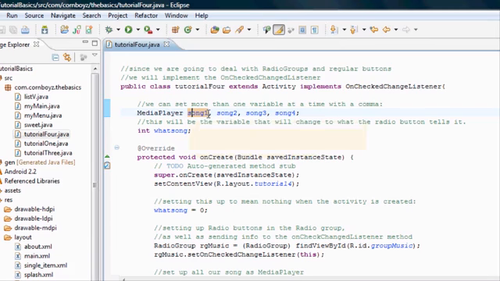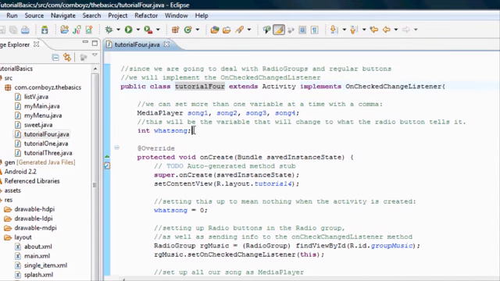So we're setting up four different variables, and they're all of the MediaPlayer class. We aren't going to define them yet. And again, this is before the onCreate method, so we can use this for everything within our tutorial4 class. And again, this is going to extend Activity, so we can use the onCreate method, which you guys should be